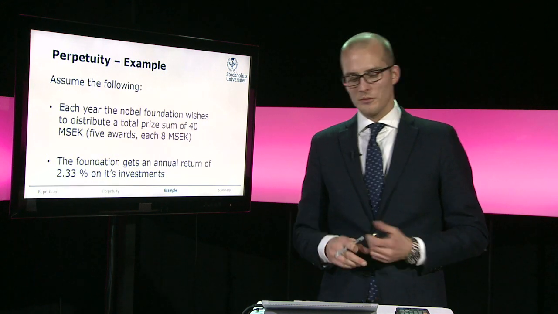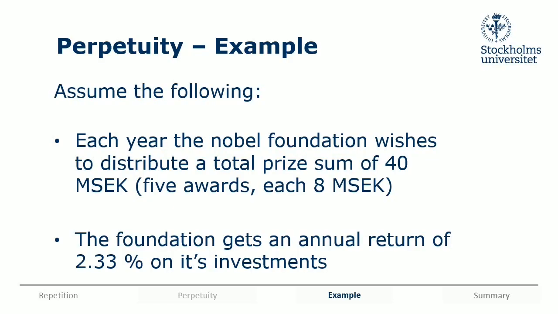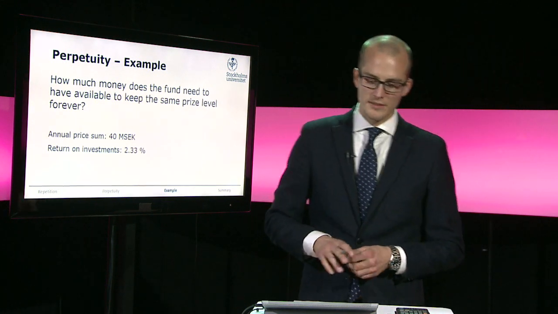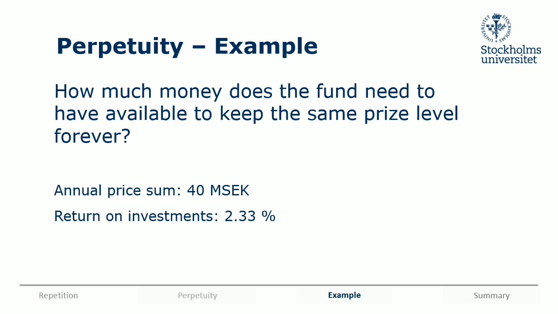And we can assume the following. Each year the Nobel Foundation wishes to distribute a total prize sum of 40 million Swedish kronor, 5 awards and 8 million per award. And the foundation gets an annual return of 2.33% on its investments. So the question is, how much money does the fund need to have available to keep the same price level